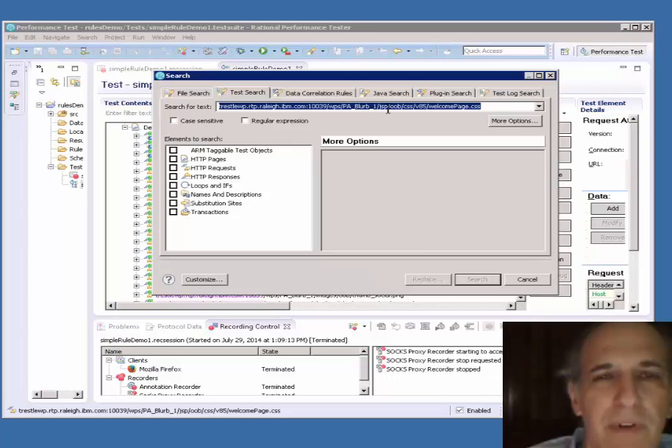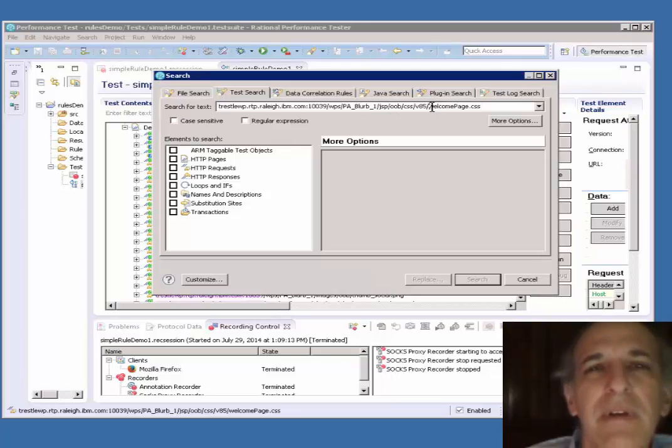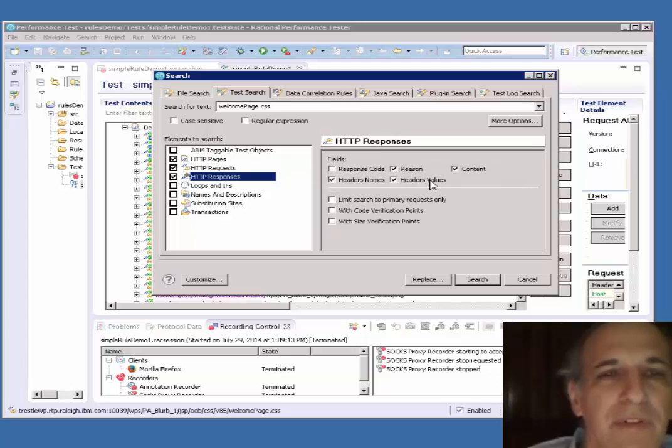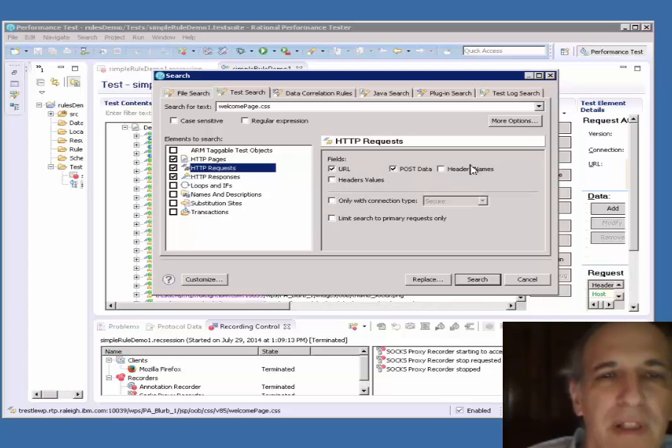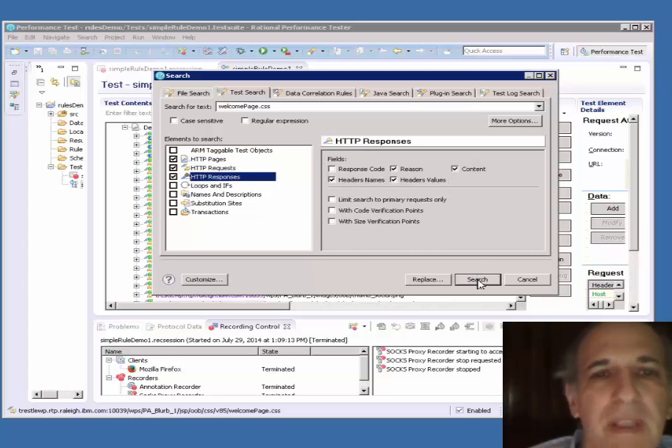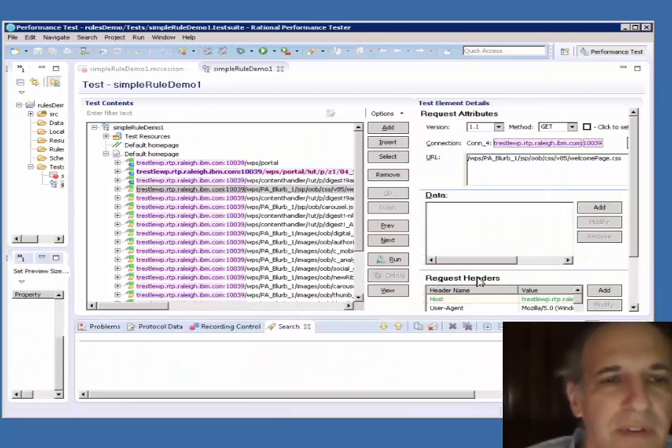Now, the first time in a workspace that you do a search, well, first of all, let me just not search for the whole thing because I'm not sure that 10039 will be in the page. The first time you do a search, you have to tell RPT that you want to search in HTTP pages, requests and responses, and headers. And so that's what I did there. So I did the search,